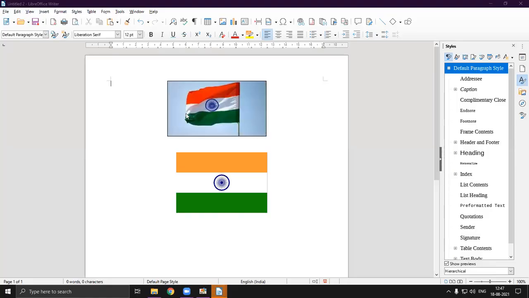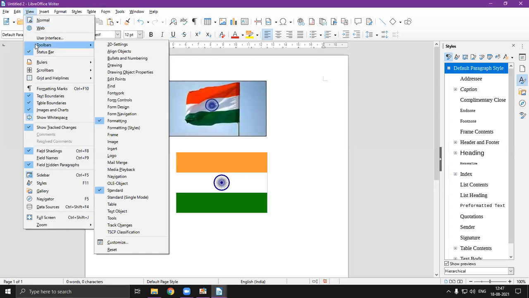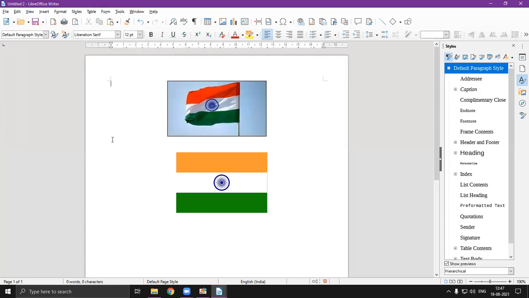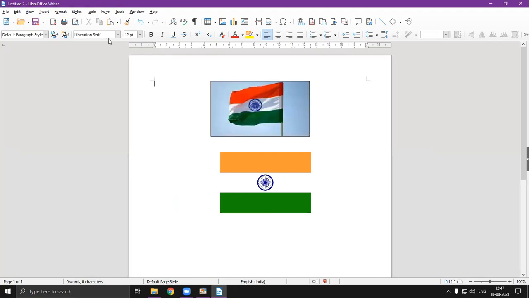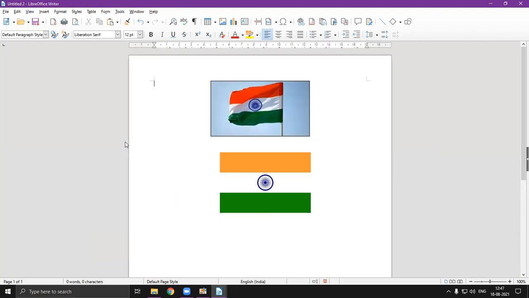If you want to see your image toolbar, what you need to do is click on view. Then click on toolbars. Here you will find image. Okay. So with the image toolbar, all these tools related to the image will start. Once again I am going to show you view, toolbar and image. Now look, you know what this is for, for new and so on. And here is the toolbar for insert image; from here also you can insert an image, which can be a fourth option for you.